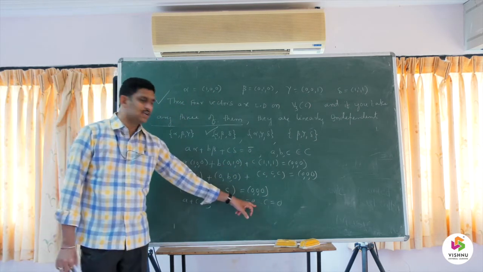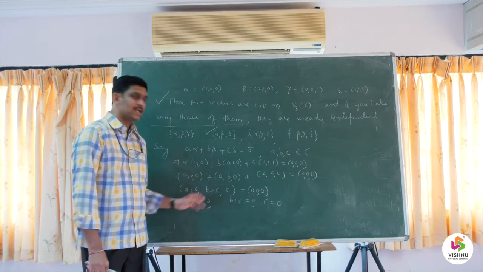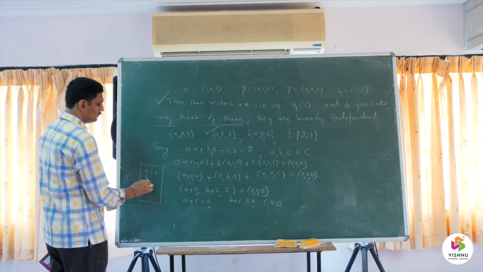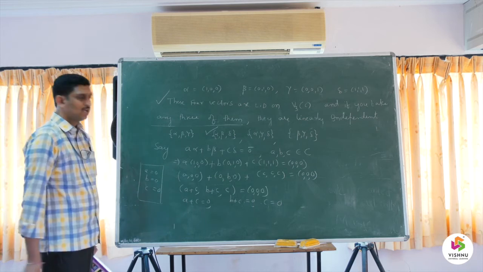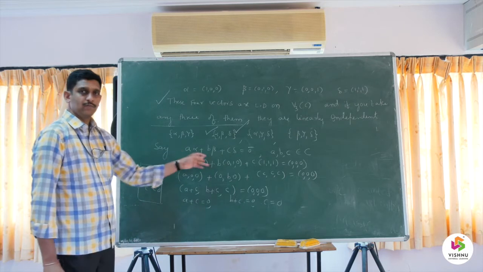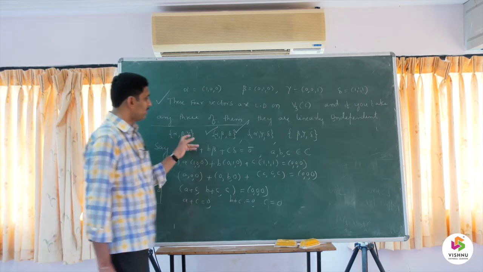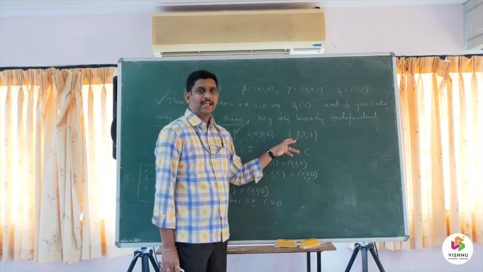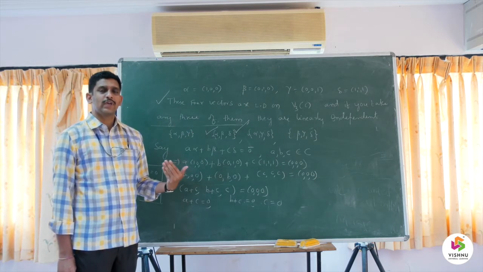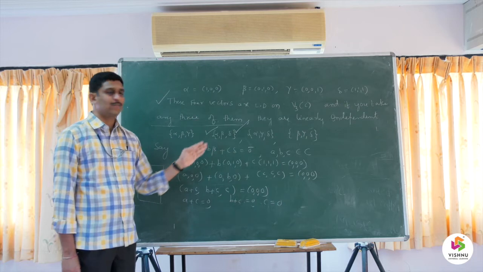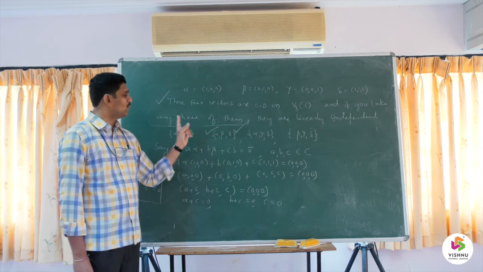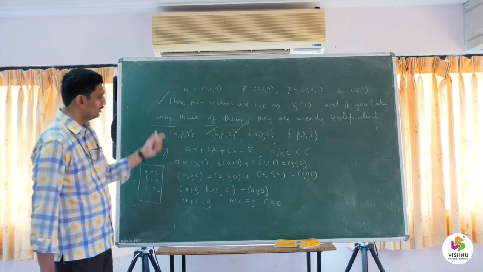Since C is 0 here, then by default B is 0 and A is 0. So we got the result that A equal to 0, B equal to 0 and C equal to 0. Therefore, the set alpha, beta, delta is linearly independent. Similarly, we can prove that the remaining three sets are also linearly independent. In exam point of view, we prove for one set. For the remaining sets, we write that similarly the other sets are also linearly independent, doing in the same way. So there is no need to prove for the remaining three sets. We choose only one set and we prove that it is linearly independent, right? So please take a note of this.